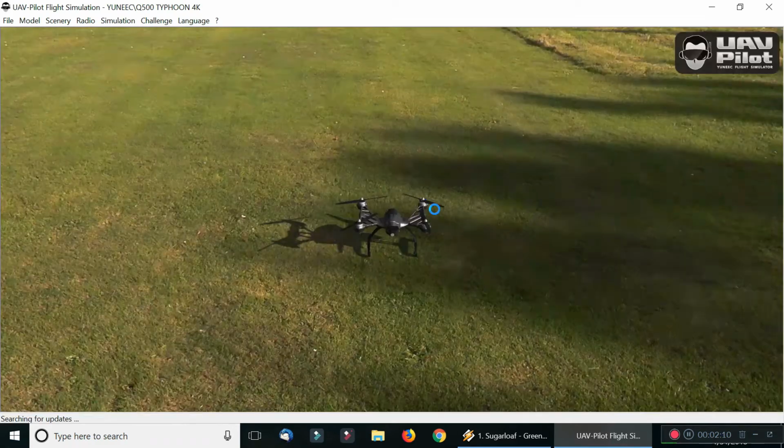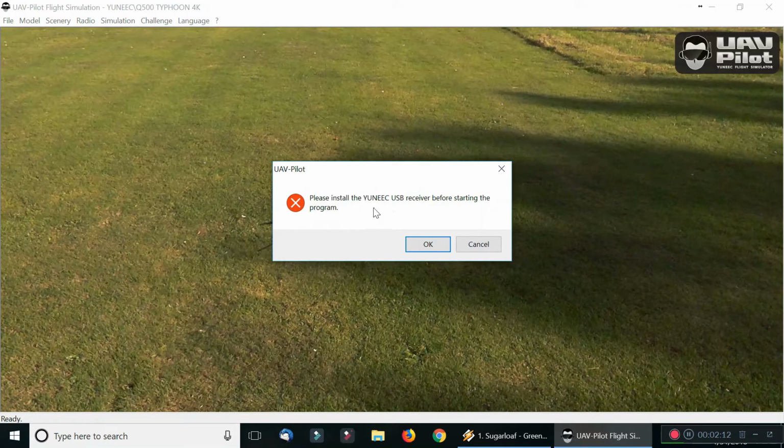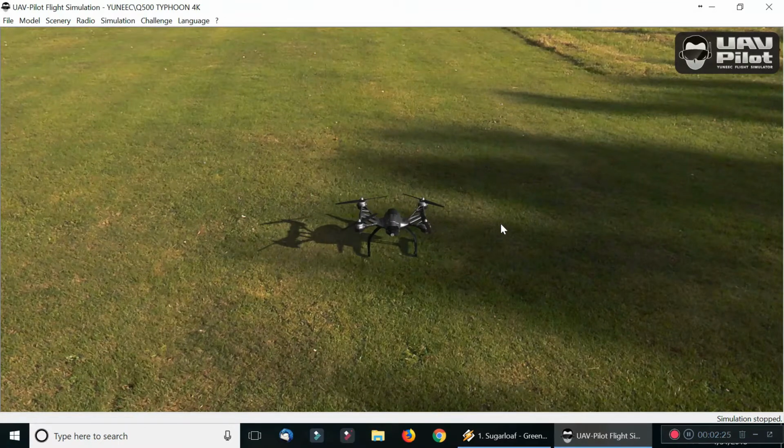Okay, program starting up. It should come up with the screen. There we go. "Please install the Yuneec USB receiver before starting the program." So I'm going to plug that in. The computer recognizes it, you can tell by the sound. Then we'll hit OK. Okay, now we have